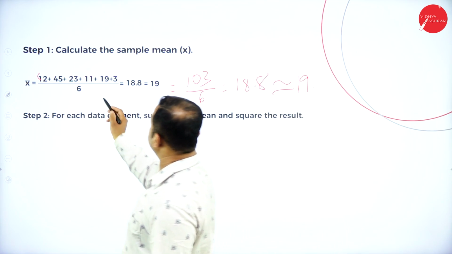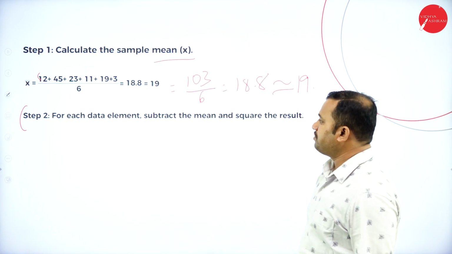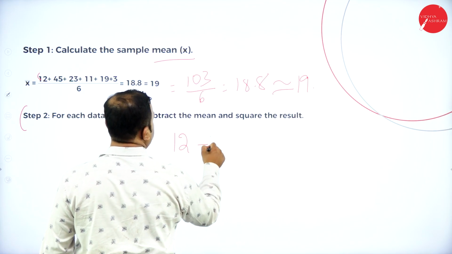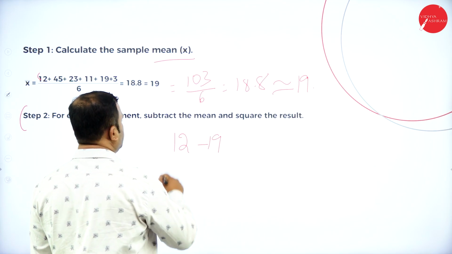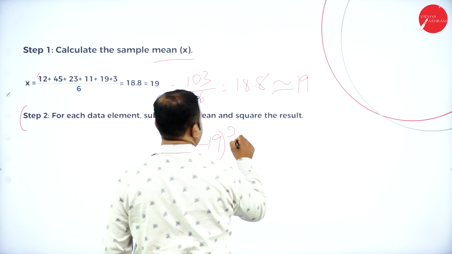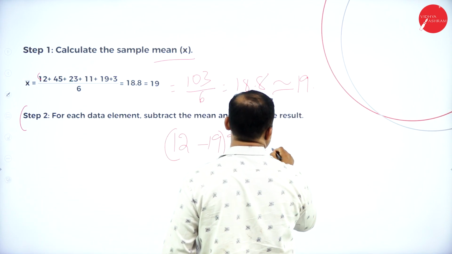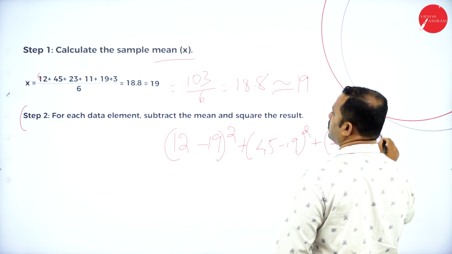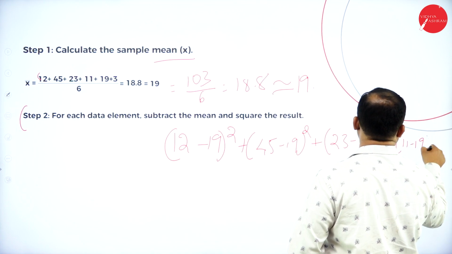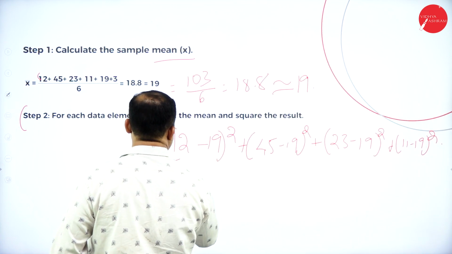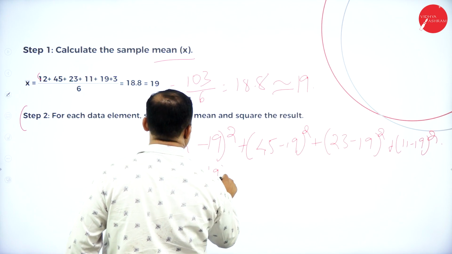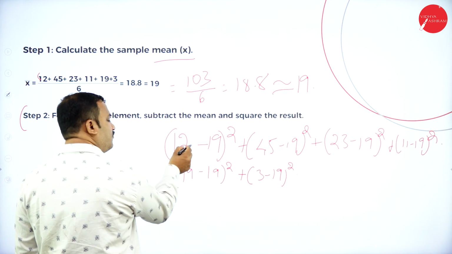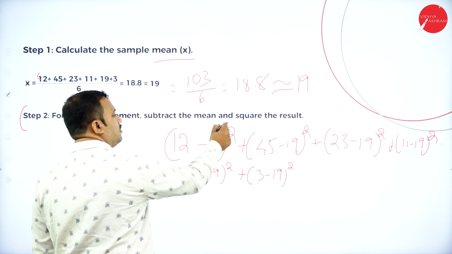So for the second step, this is by sample mean. The next step is to find out the individual data elements. That is 12 minus 19 whole square plus 45 minus 19 whole square plus 23 minus 19 whole square plus 11 minus 19 whole square. We have 19 minus 19 whole square plus 3 minus 19 whole square. Even if you get the negative sign, you will get the positive, because if you have square terms here,